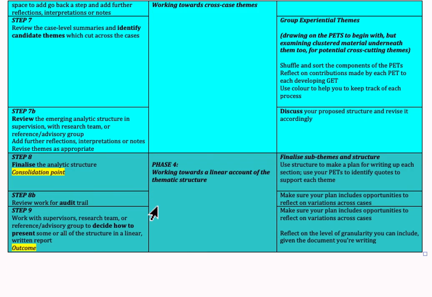The final stage really begins once you've finalized that structure. That's when you can begin thinking about how to use that structure for writing up each part of the work, how you can use your person experiential themes to identify quotes which support each of the main group experiential themes,